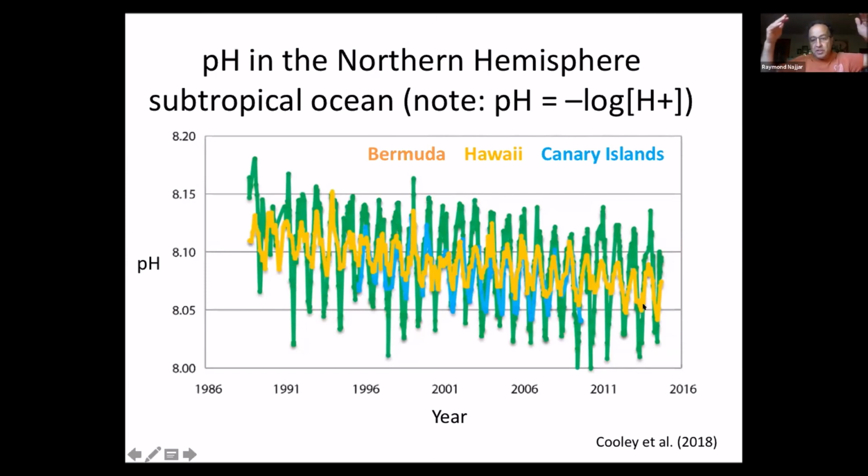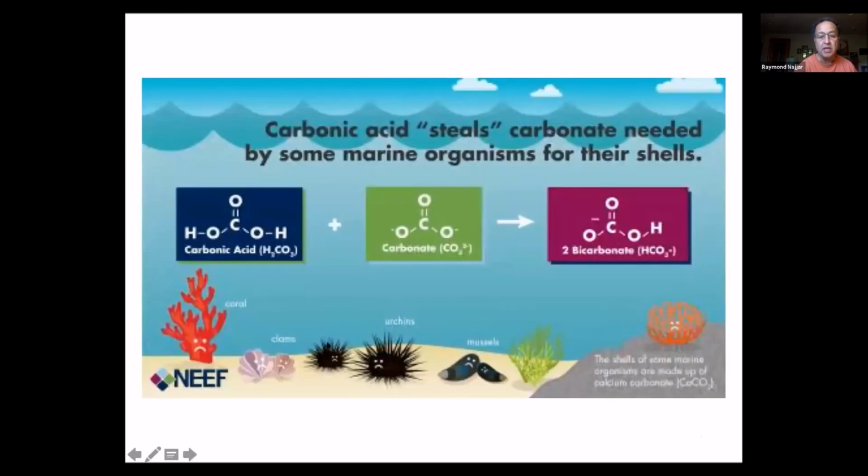You're getting more acidic. And we've been monitoring the pH in the ocean at several of these stations in the middle of the ocean, right? Bermuda, Hawaii, Canary Islands, and you can see the pH is going down everywhere. So this really confirms our theory about ocean acidification. It's going down exactly how we would expect it, the pH. So that's ocean acidification. And really, what matters is not so much the